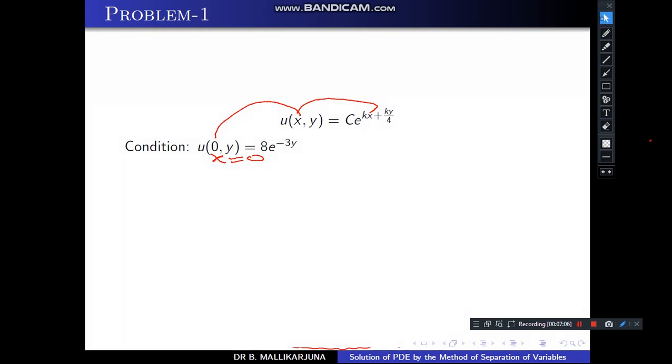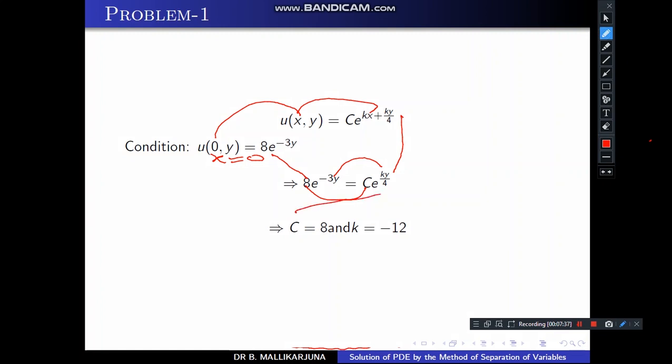Let us see what we will get. 8 e power minus 3y on the left, and replacing x is equal to 0 on the right, it's nothing but e power ky by 4. Now comparing on both sides, c is nothing but 8 and k is minus 12. Now again replacing these c and k values in the solution,